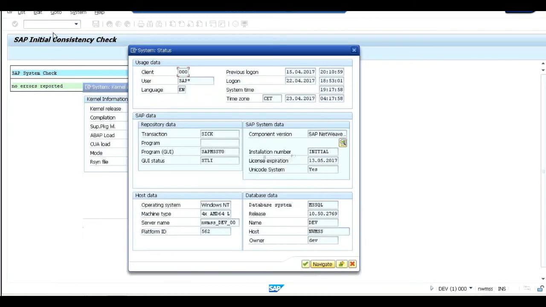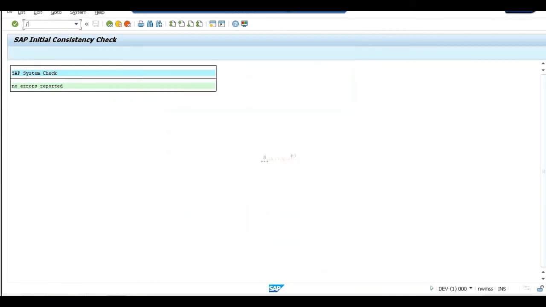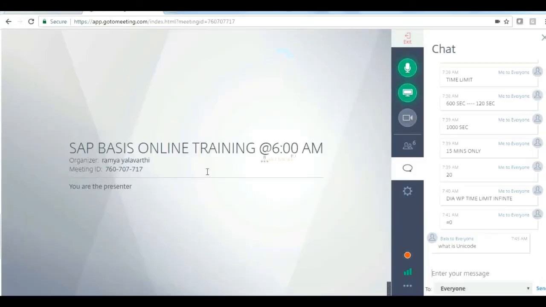Yeah. So now what we'll do is we will run sgen, otherwise our SAP will be slow. /nsgen. Sgen is a T code. What is sgen?